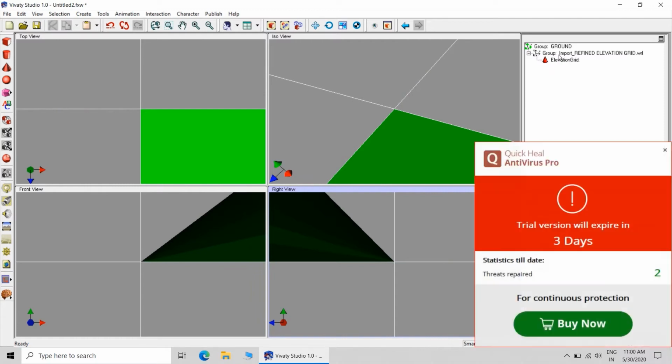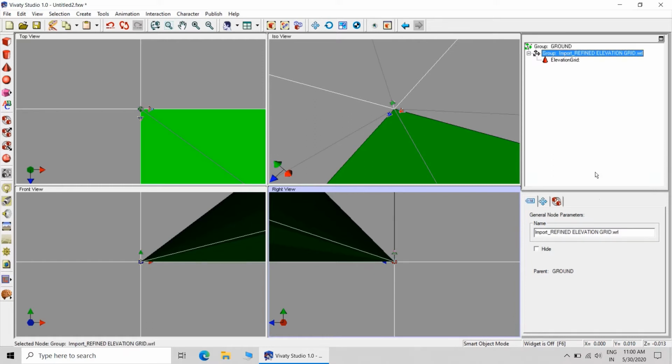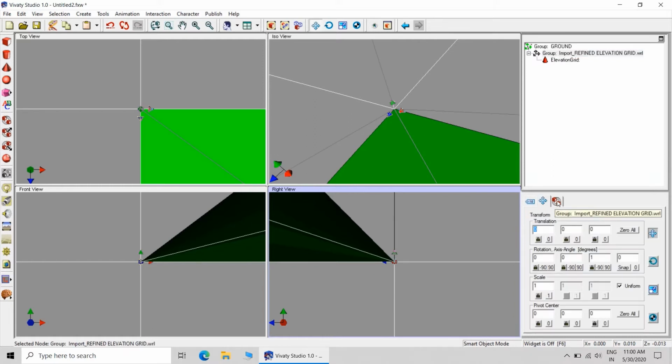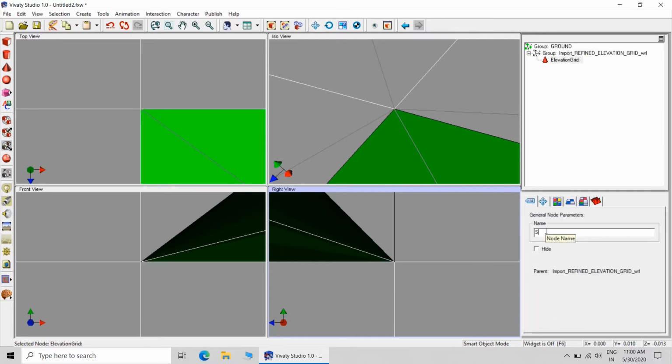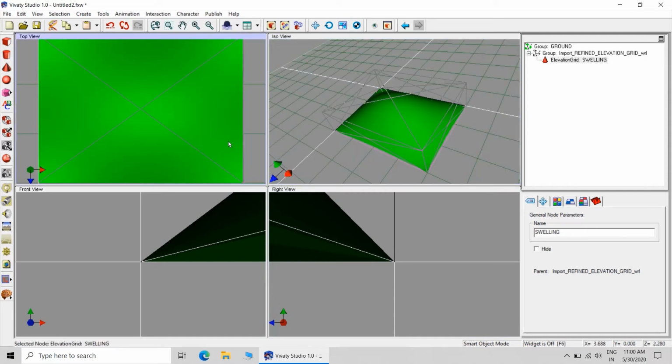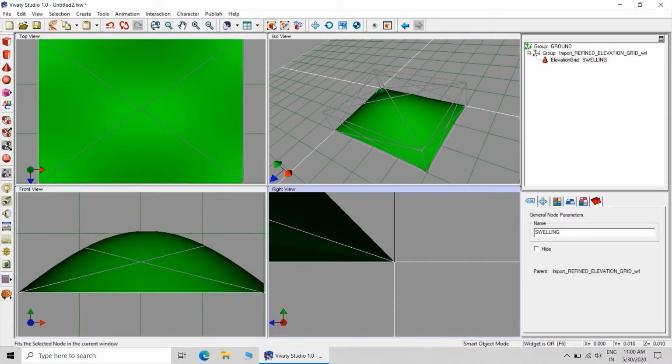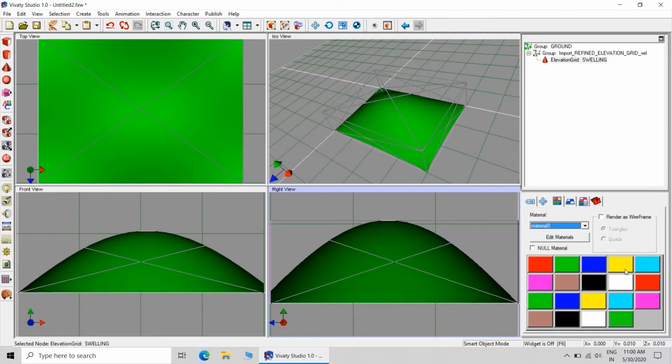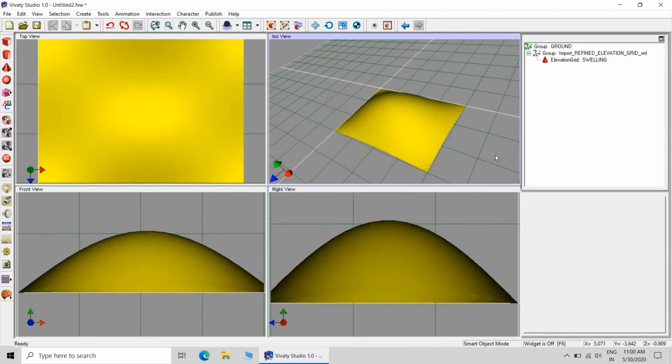Now check whether it is at the absolute 0, 0, 0 coordinate. Yes, it is at 0, 0, 0. Now we will have a look at the elevation grid. Call it swelling for simplicity. This is the elevation grid. I have changed the color from green to yellow because yellow will be the contrast color.